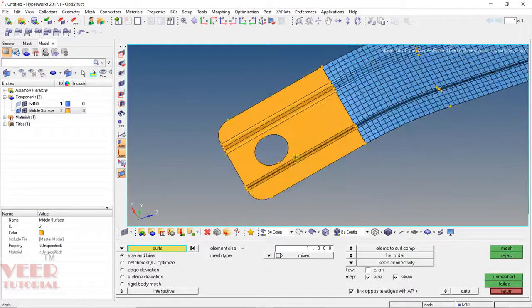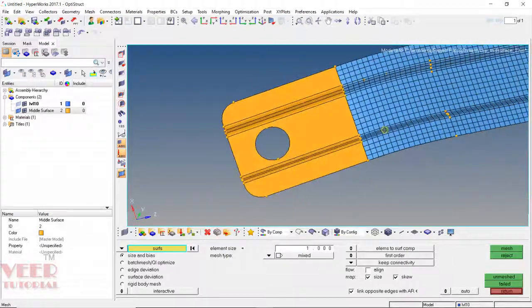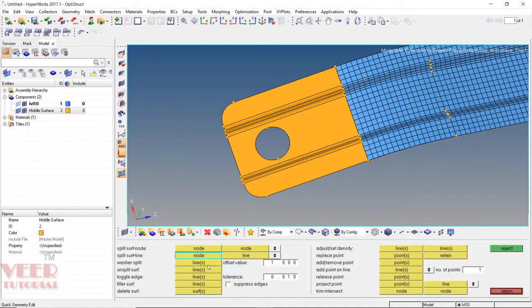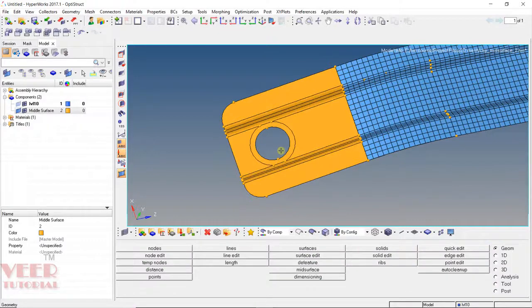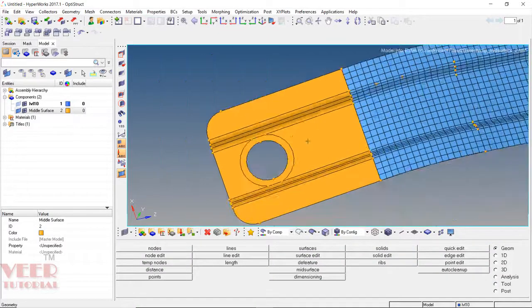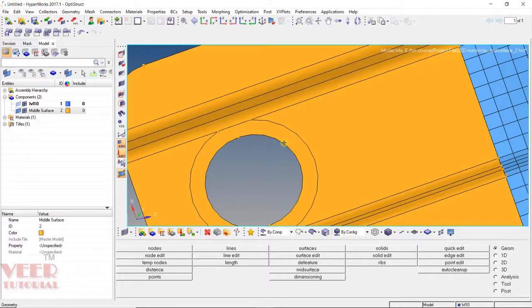After that we can see we have a circular profile. For the circular profile it is much better to use a washer. So press F11 and right now we are just taking the washer size as 1. So select the circle and then press escape. So before doing the meshing of this part, first we do the mesh of the circle.